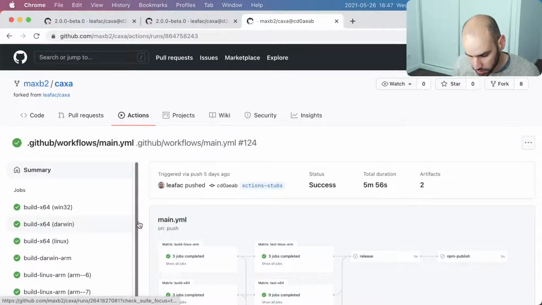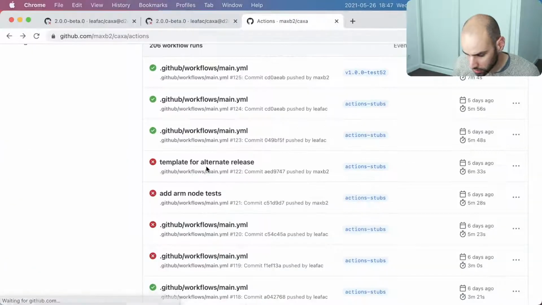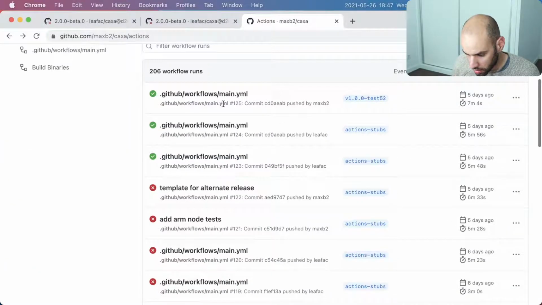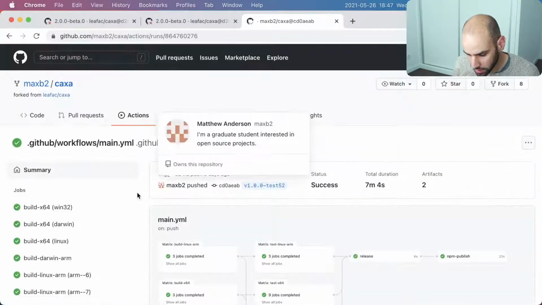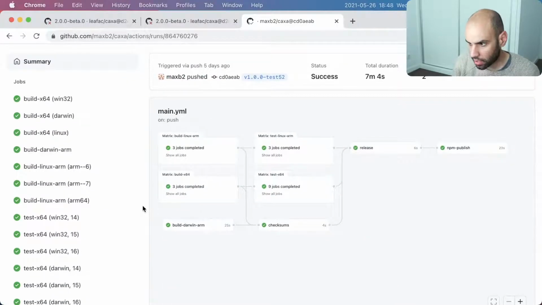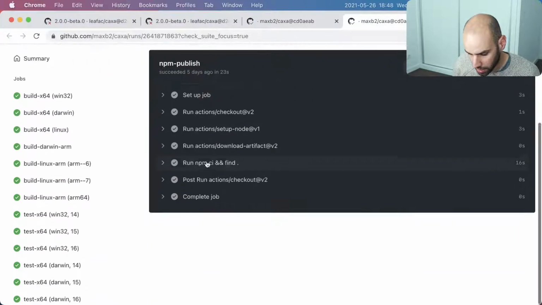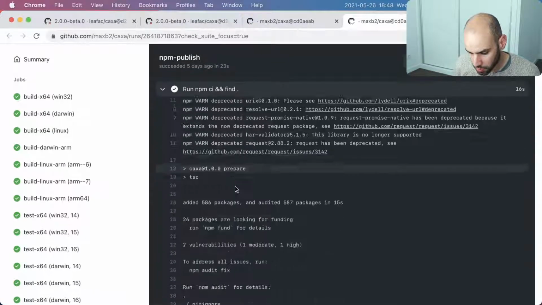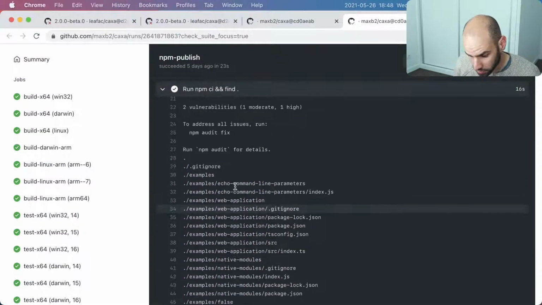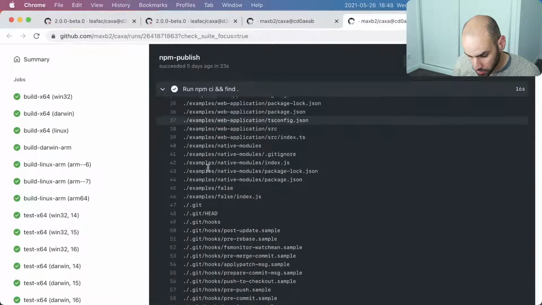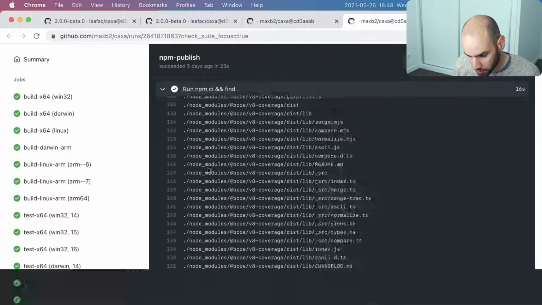So this run succeeded, but it wasn't a tag. So let's go back. And this one succeeded and it was a tag. So this one has all the output we want. And I guess we want to look at specifically the npm publish step, which will have the find dot, which will list all the files. So we expect to see here the checksums file.